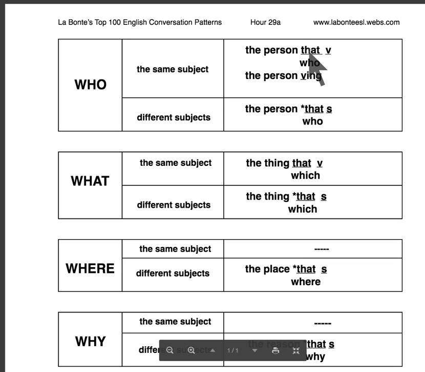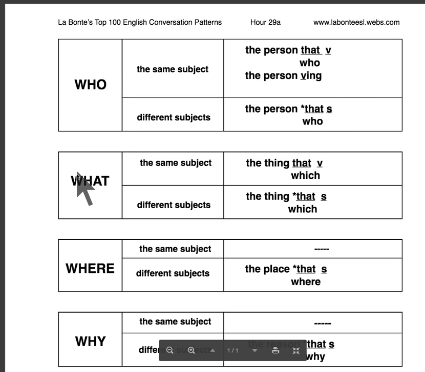Here it's necessary. The person that called. The person called is not used. You have to have one of these. So once again in this sentence, the person that I want to meet, the person that managed to get here, the woman that likes talking about it, the person I'm interested in seeing, the person you told me to meet. These are with people.